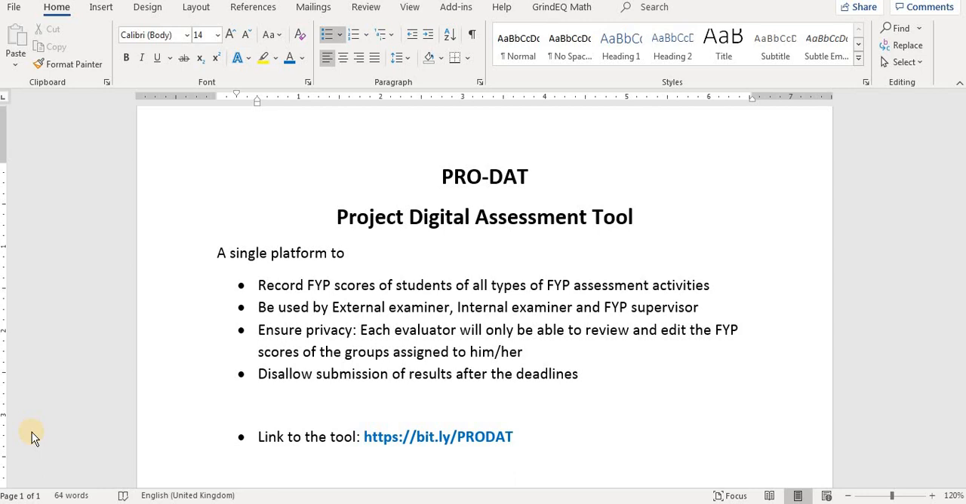PRODAT is a single platform which can be used by the faculty members to record the scores of FYP students for all types of FYP assessment activities. So you can use the same tool to record the scores of presentation or for FYP proposal or FYP thesis. So for all types of FYP assessment activities you can use the same tool to record their scores, and the